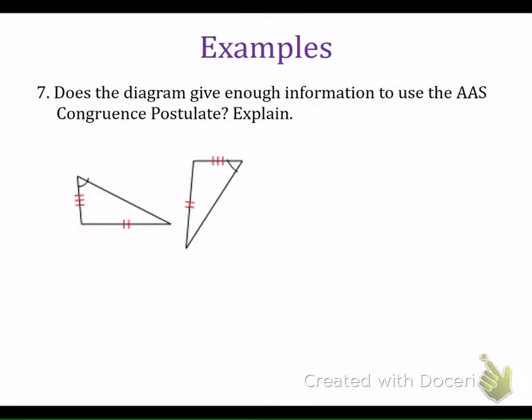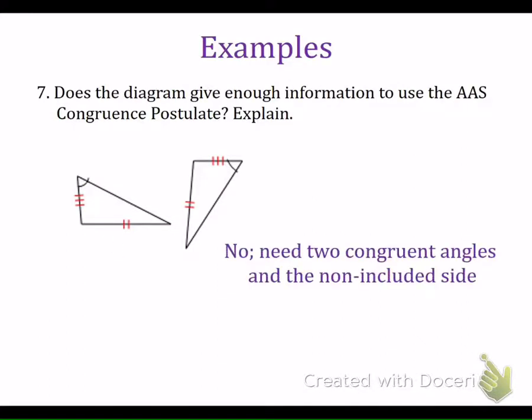Example 7 says, does the diagram give enough information to use angle, angle, side? So we want two angles that are next to each other and then the side not included between the two angles. Is that what we're looking at here? No. What is this? Angle, side, side. Is there such a thing as ASS? Yeah. So you would just say no, and then you could say that there is no ASS postulate, or you could say